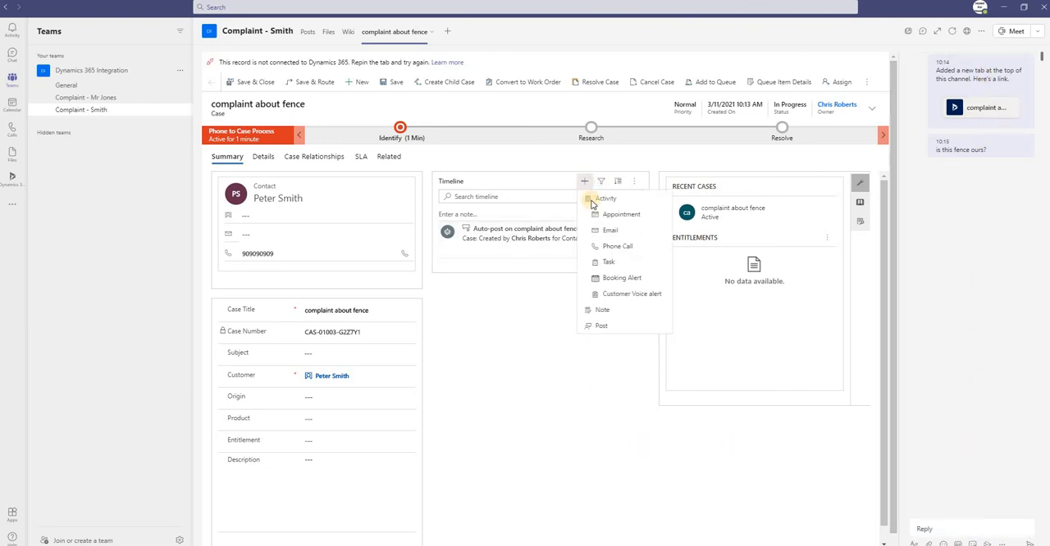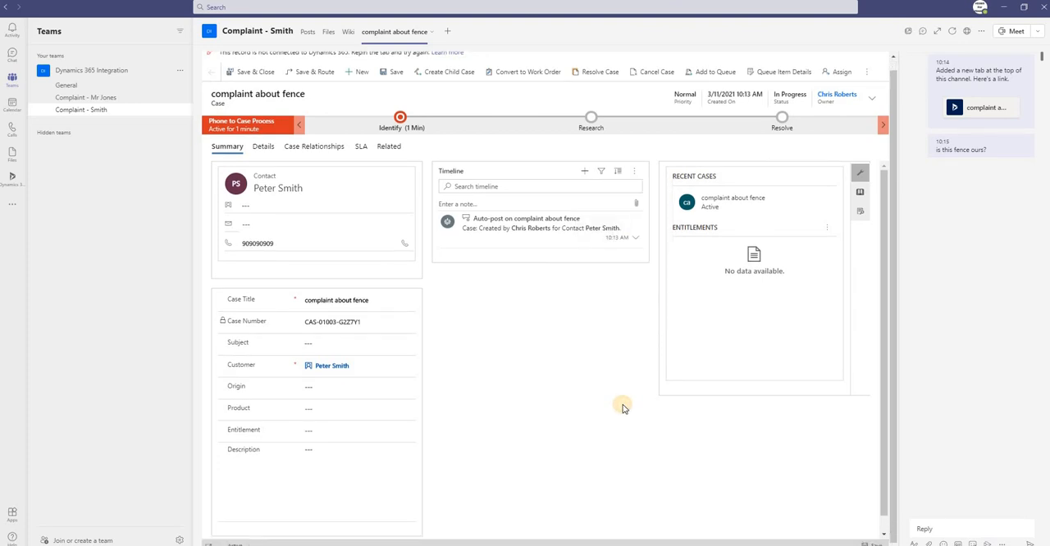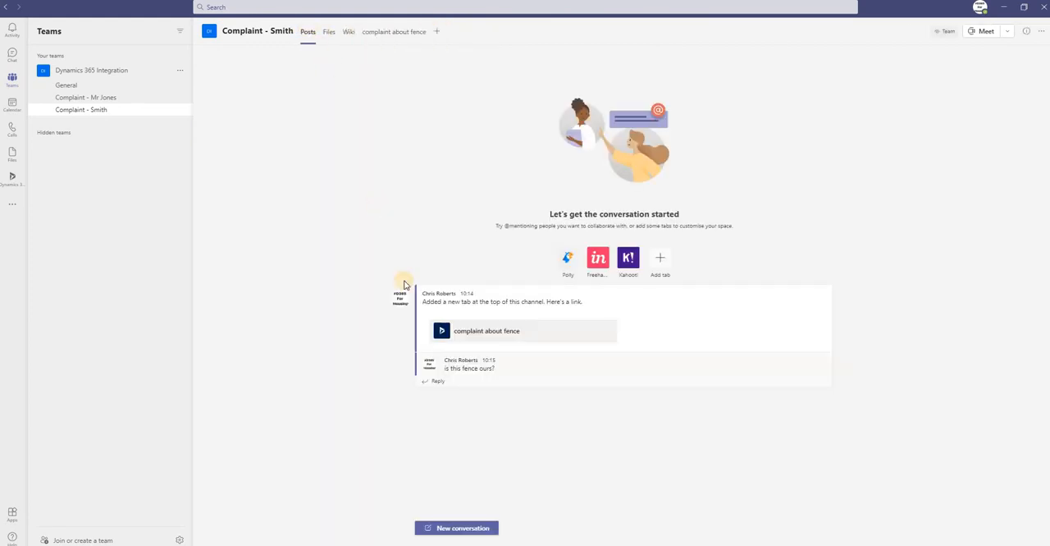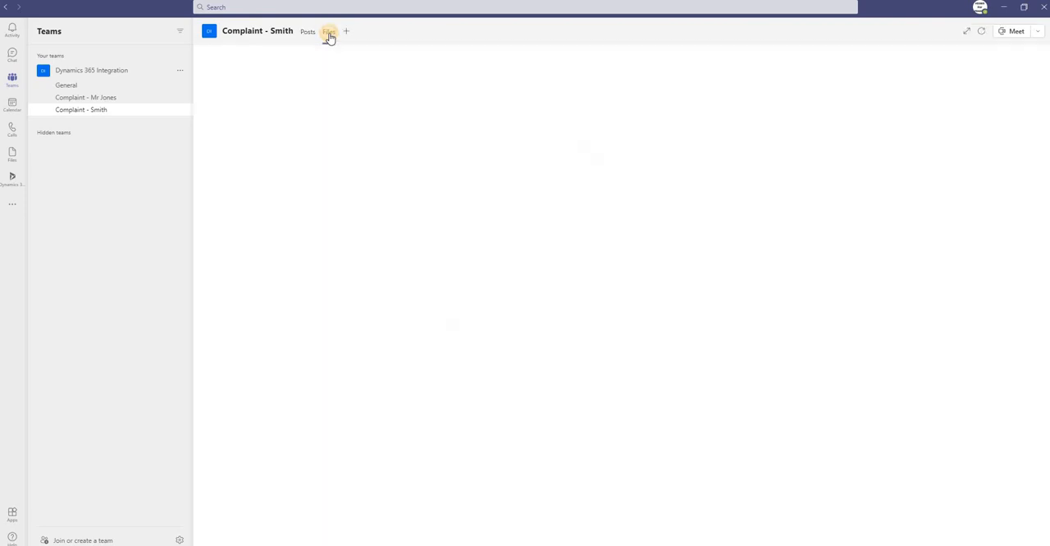You can also use Dynamics within here as well, so you can carry on adding tasks, appointments, whatever you do to manage that particular case. But all the time you can have that conversation with others. Now what you can also do is add different tabs. So we have the usual posts. You'll see the conversation once it's started appears in your post screen, so you can carry on using it as you would any Teams chat. You can add files,